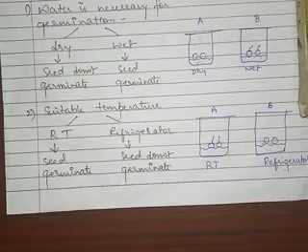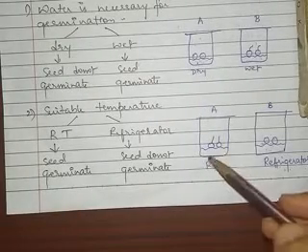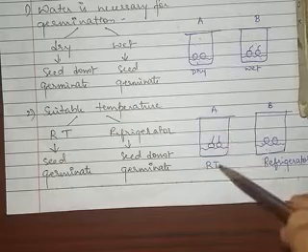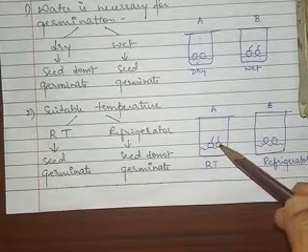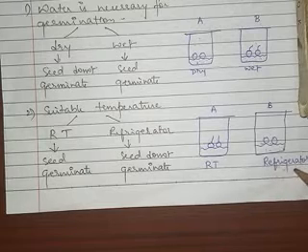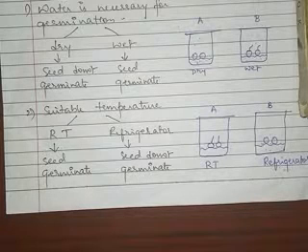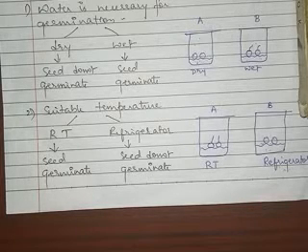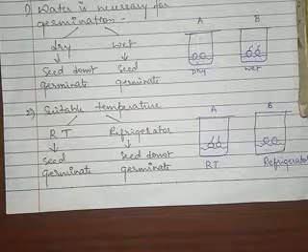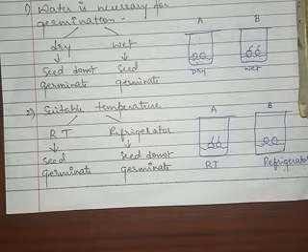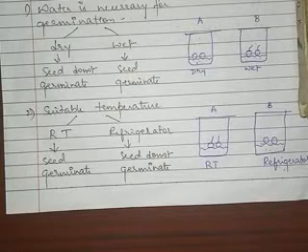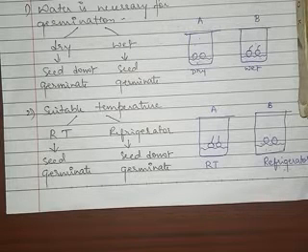What we observe here after 2 days is that the seeds that were kept at room temperature germinated, whereas the seeds which were kept in the refrigerator did not germinate. We have already studied in the previous part of the chapter that the optimum temperature for germination is 25 to 35 degrees centigrade, whereas in the refrigerator the temperature is around 4 degrees centigrade, and we have studied that low temperature inhibits the growth of the embryo, that is, germination is inhibited at low temperature.